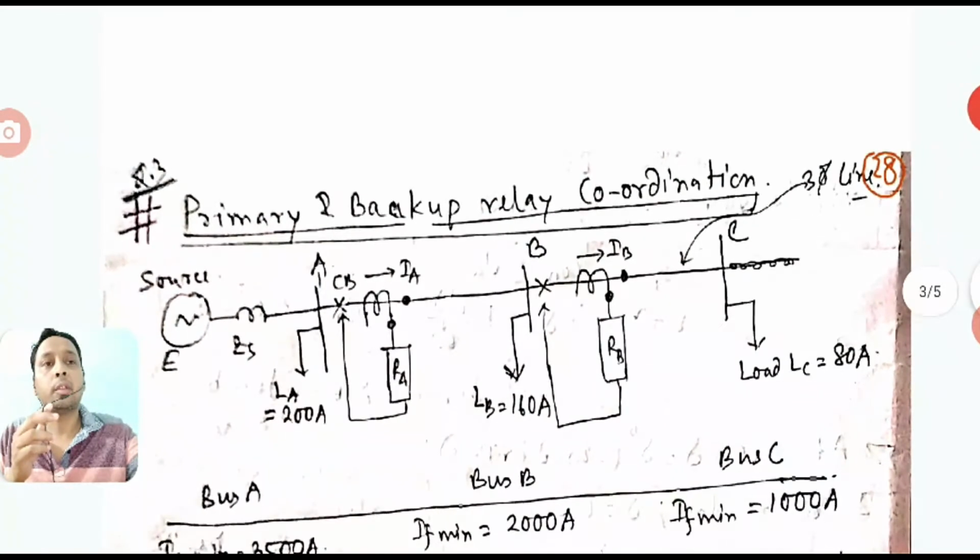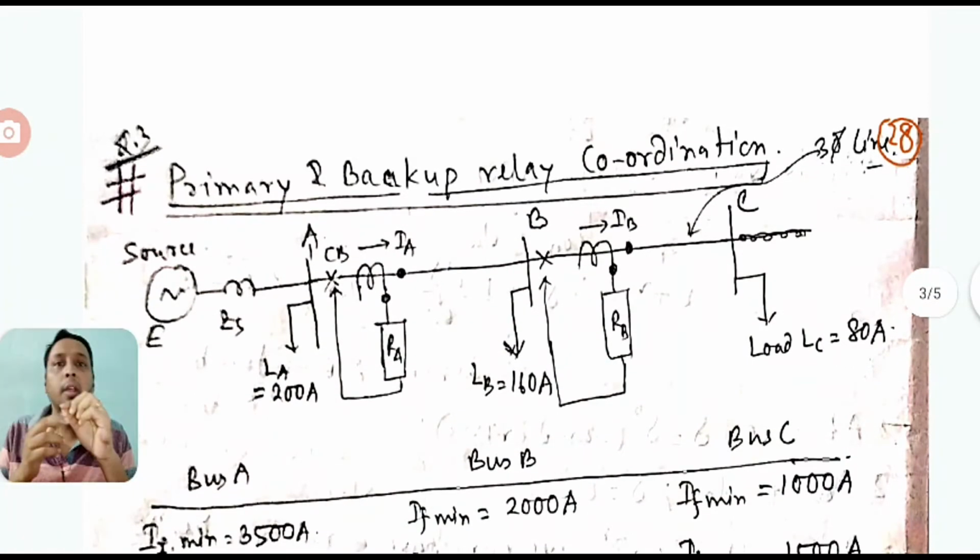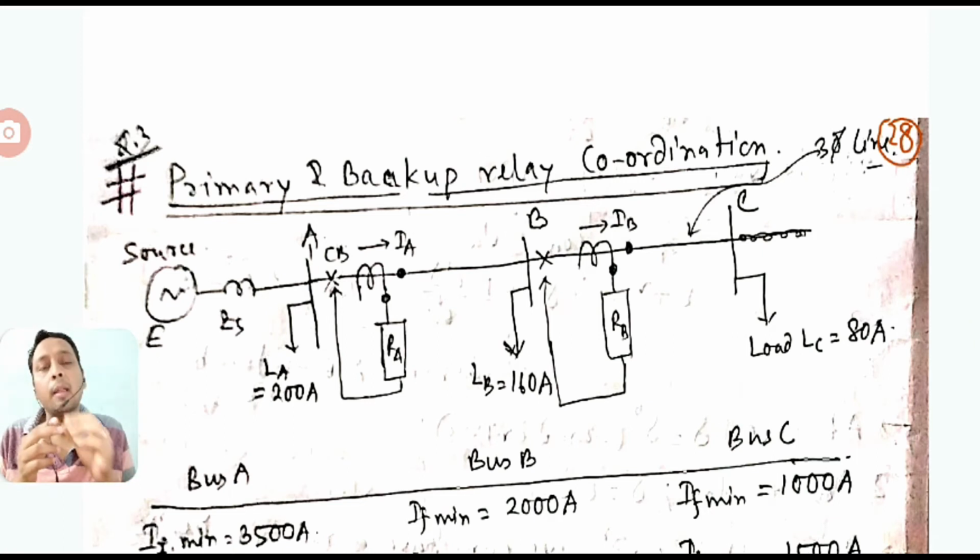Now one numerical I have taken extra, because I thought these earlier numericals were quite simple to understand the actual phenomena that occurs in primary relay backup coordination. Now if you go through this numerical, then you will have a clear idea how every CT rating, how CT ratios, how plug settings are considered. Everything will be cleared. Why DTOC, why to use DTOC relay, why to use IDMT relay, what is time graded system, what is current graded system, what is a mix of this time and current graded system. You will understand all this.